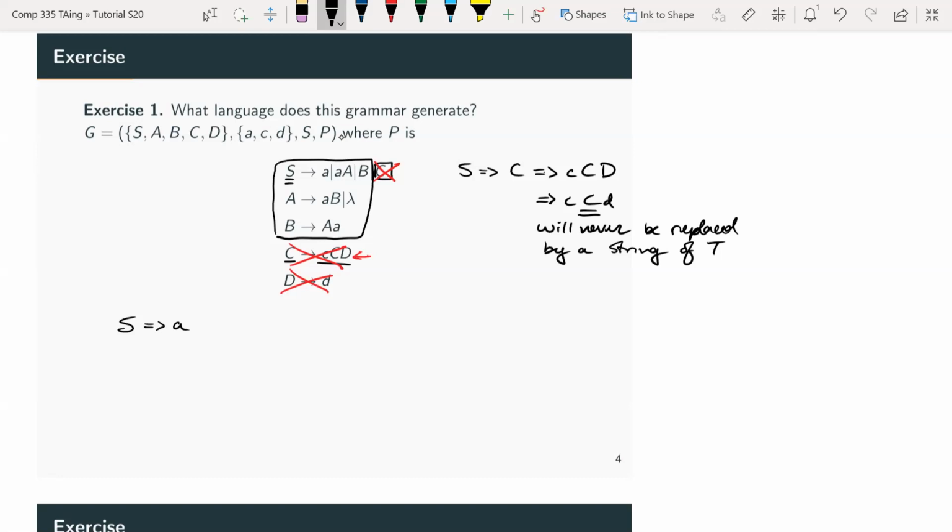Then if I'm in S, and instead of choosing the little a, I choose little a and then variable A, then I have to go to A, right? If I'm in A, I can choose my lambda, but then I would get a again, so I don't want to repeat that. So let me instead choose this production rule. I replace A with little a B,